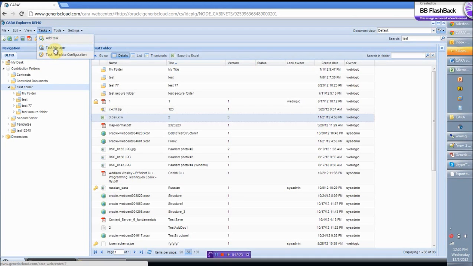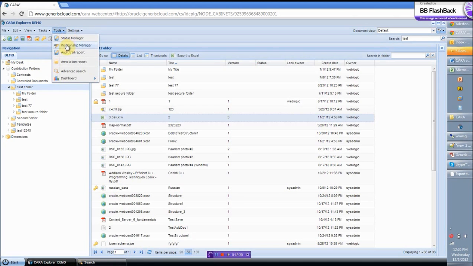You're also able to view a summary of tasks across documents, as you are in fact able to view a summary of status, audit trails, or even annotate. There are dashboards that you can build to display reports. So there is a lot more available in CARA that we would be happy to demo